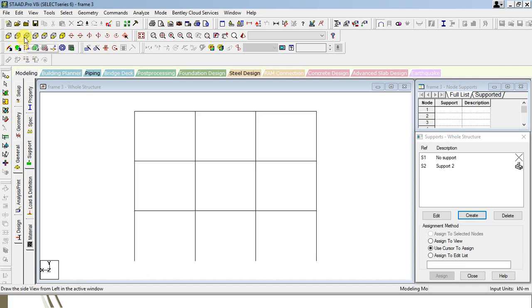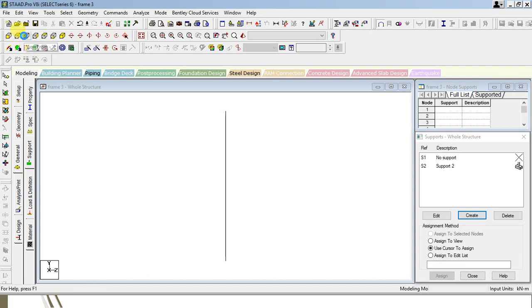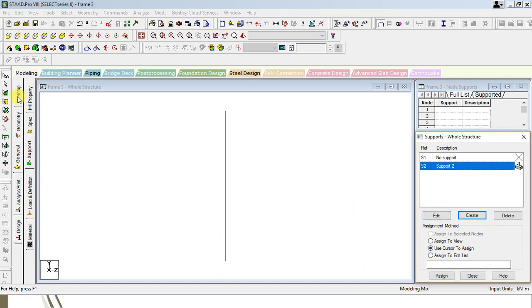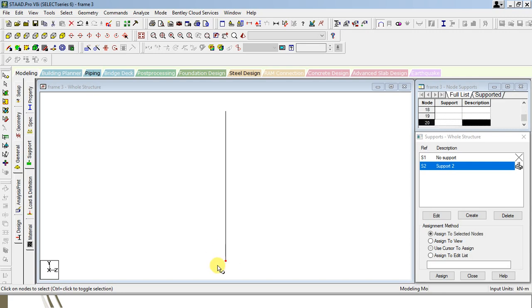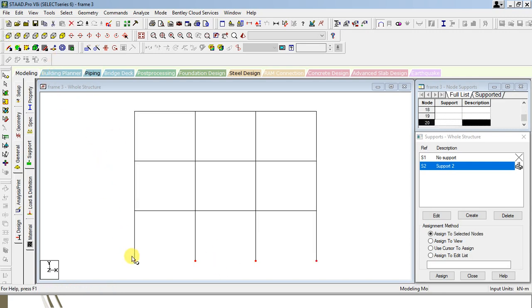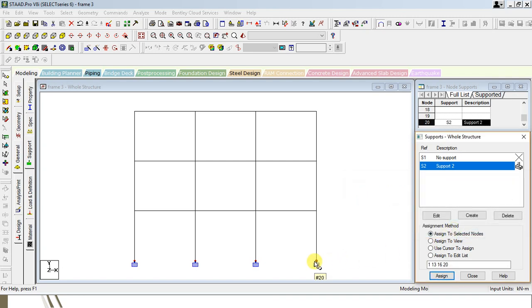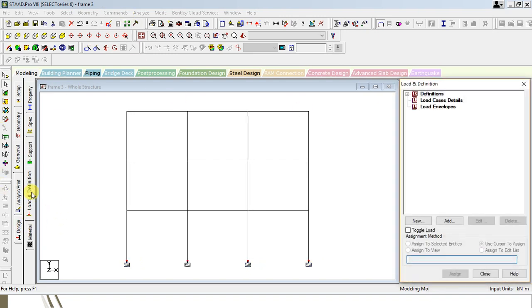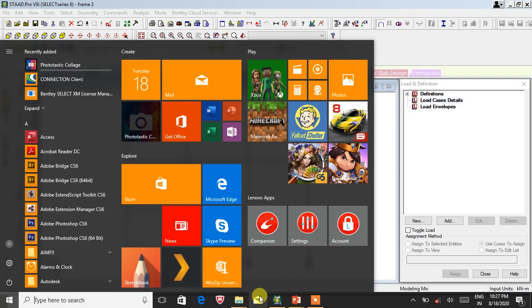Now here you can select this side view also. This is a front view. If I am taking this side view support, and now you can check over here all the nodes along that will be selected. So here you can assign to selected nodes, assign, yes, right. Then next go for the loads. Here we have to add